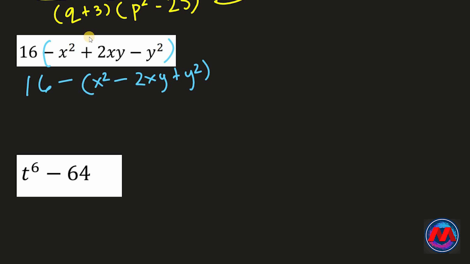may factor na siya. So, kung i-factor natin to, this is a result of squaring a certain binomial, which is square root of x is x minus yung ating middle term, tapos square root of y is y. That's squared. And that's 16 minus. Okay. So ngayon